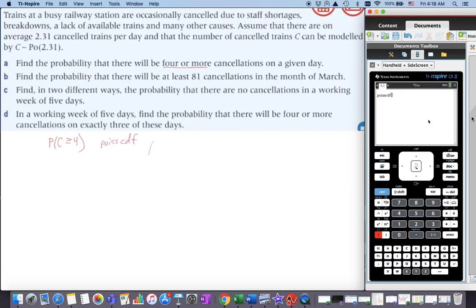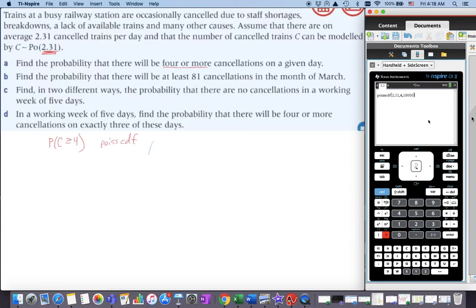So Poisson CDF, and then we put in our parameter of 2.31, which was given to us earlier. Then comma, and the range that we want: everything greater than or equal to 4. So I'm going to put in the 4, and then comma, and we've used the number 10,000 before, so I'll use that just to show that it needs to go really big.